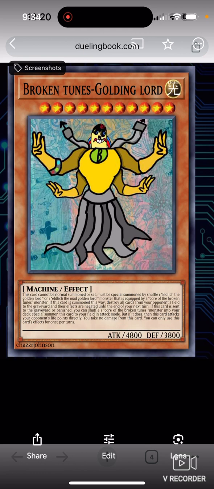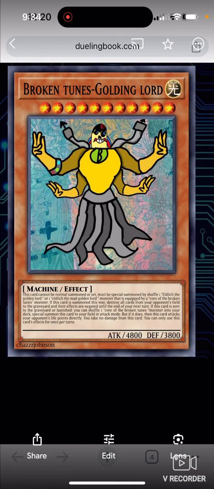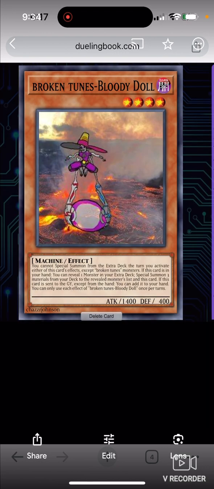And it also shuffles the core back into the deck and special summons itself. So then the Broken Tunes Bloody Doll, it's a dark level 4 machine effect monster. And this, you cannot special summon from the extra deck the turn you activate this effect,